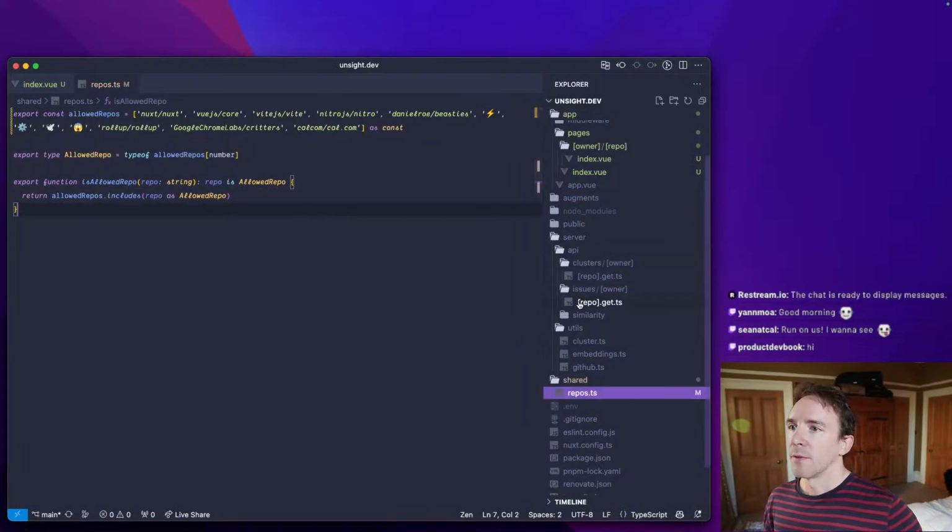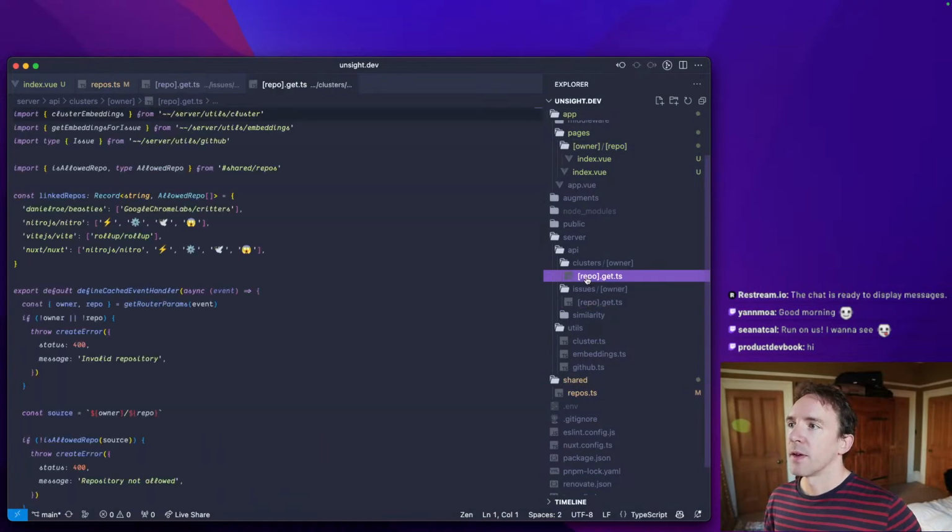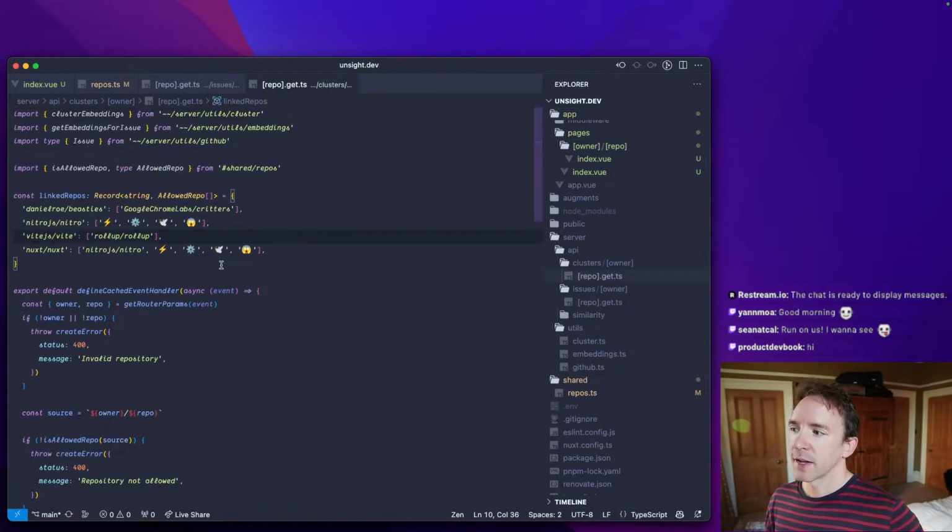We could also attach some other similar issues. So we could say, hey, index also